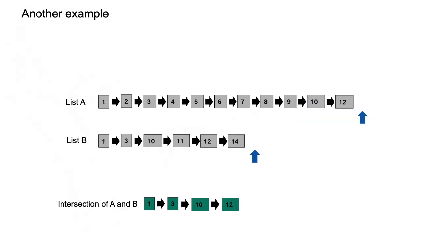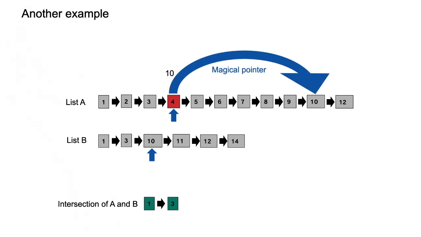And the way we do better is with a magical pointer. Imagine we have this magical pointer that starts on the 4 and tells us that if you follow that magical pointer, you reach 10. Can we use that magical pointer? Yes, absolutely. Because what do we know thanks to this pointer? We know that anything before the destination of the pointer is not going to compare successfully with 10. So we can just directly jump there with this magical pointer.